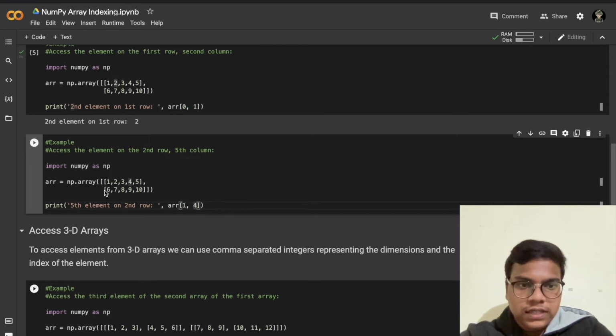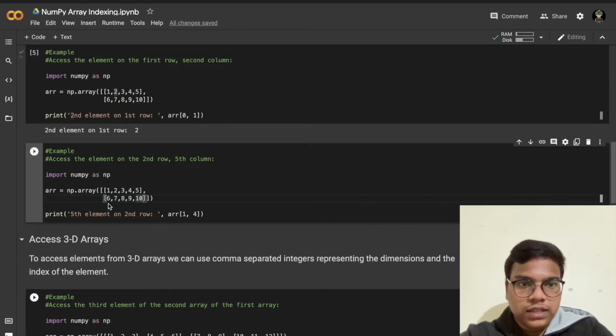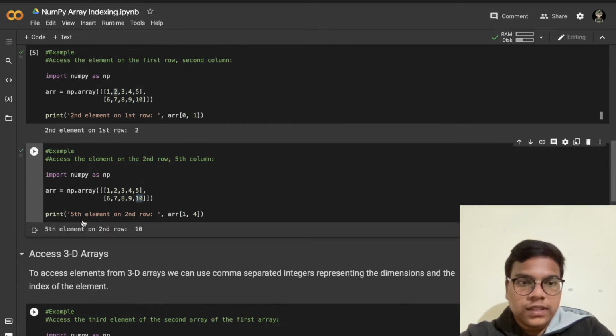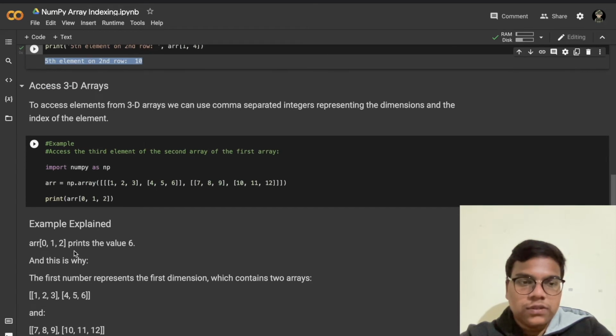So in the second row, the fifth element, as you can see, 0 1 2 3 4, we want 10 as an output, as you can see.